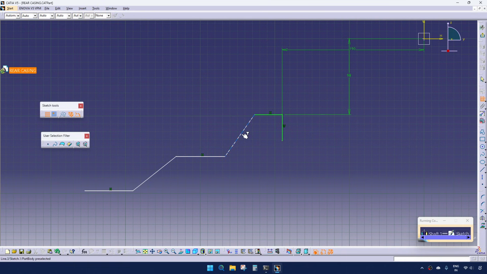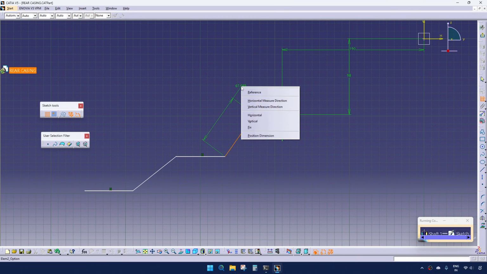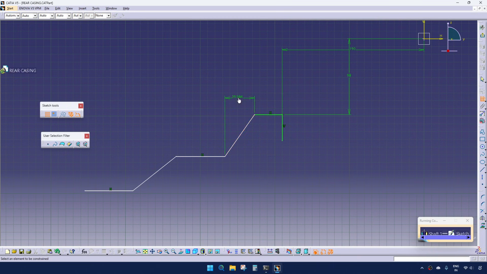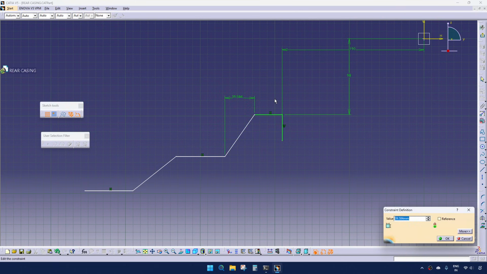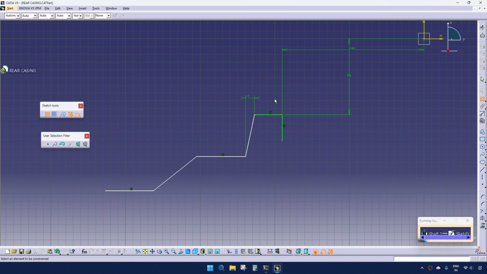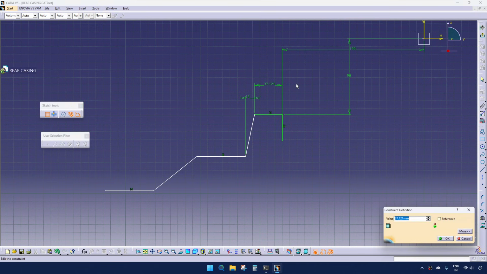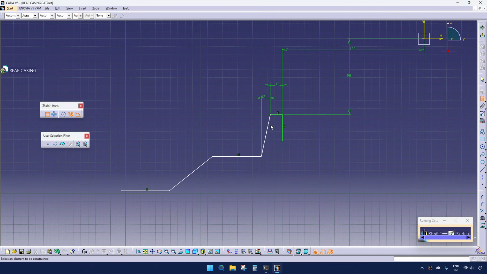The vertical dimension of this one is, horizontal dimension is 12. So before that I need to, this should be 16, and vertical dimension, this is 10,